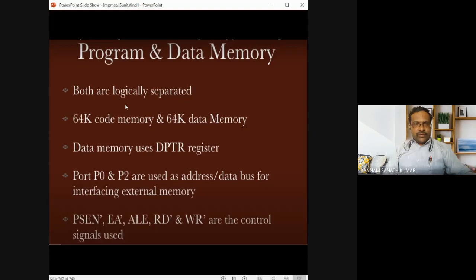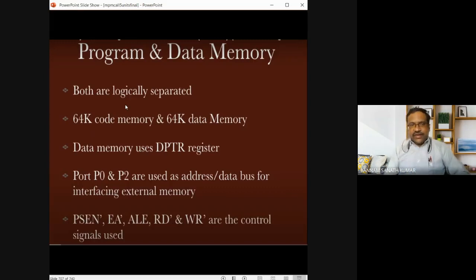Here our 8051 microcontroller can support 64 kilobytes of external code memory, that is external program ROM, and 64 kilobytes of external data memory, that is RAM.